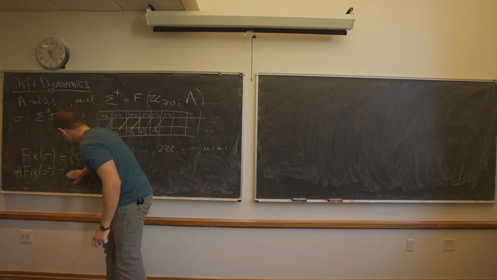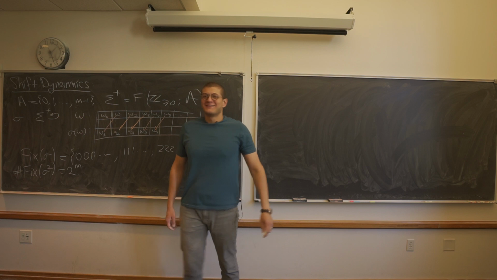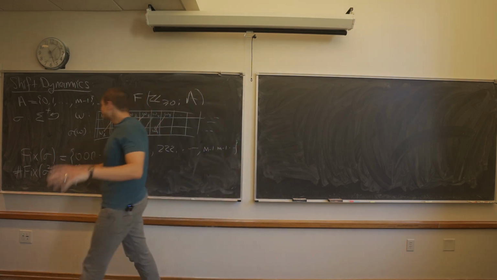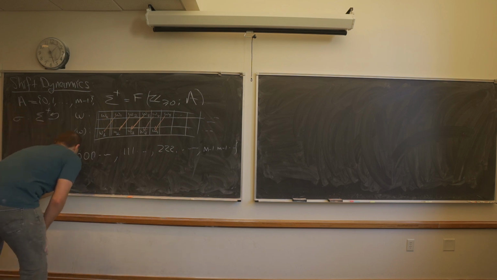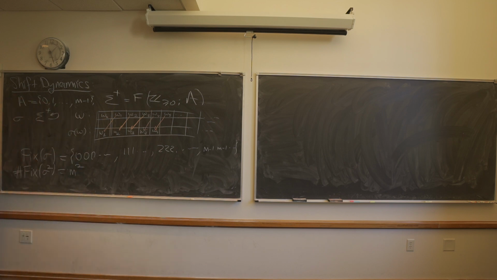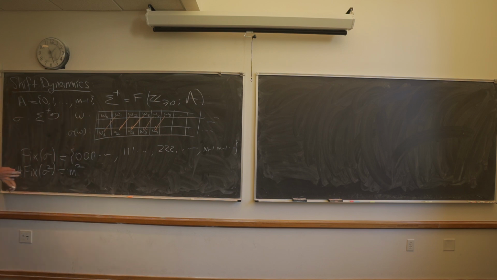It should be the other way around, sorry, 2 to the m. No, wait, I was right. Sorry. m squared. Because I have m choices for the first and m choices for the second. If I want to look at period 2